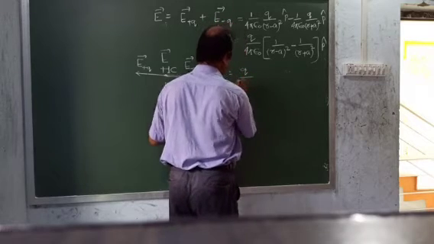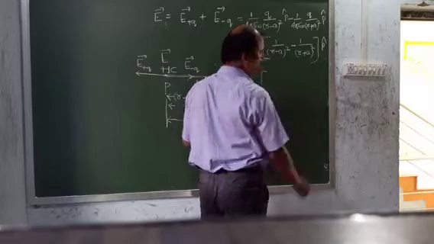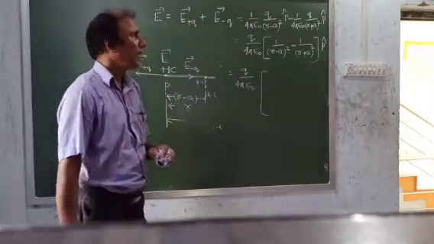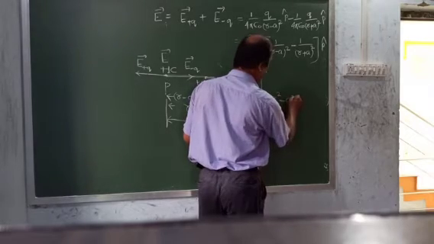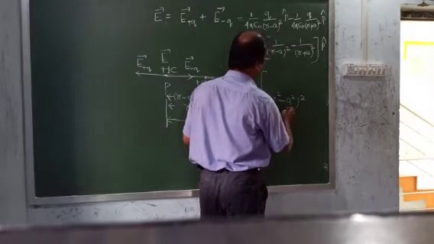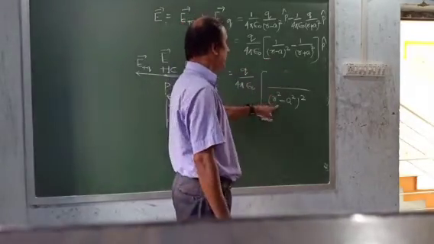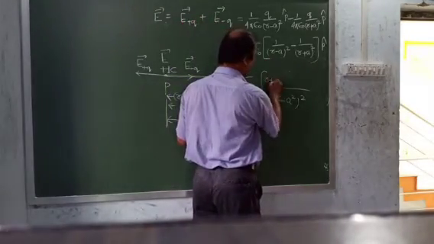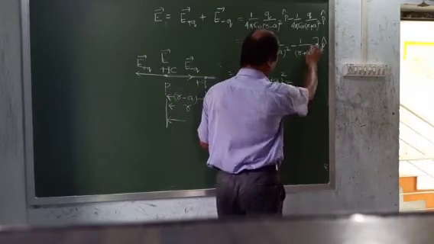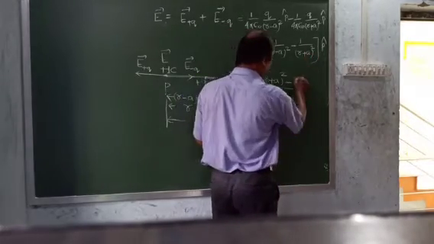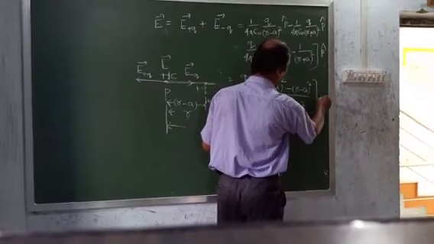So now q by 4 pi epsilon naught, then the LCM of r minus a whole square and r plus a whole square. What will the LCM be? It will be r square minus a square, whole square. Here if you divide, you will get r plus a whole square. As it is you keep, then if you divide r plus a whole square with r square minus a square, you will get r minus a whole square, into p cap.